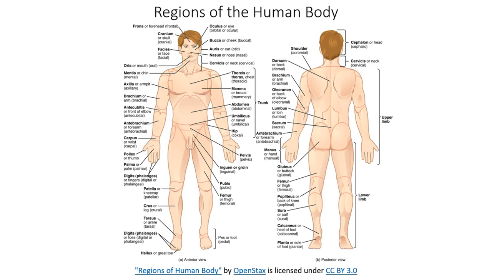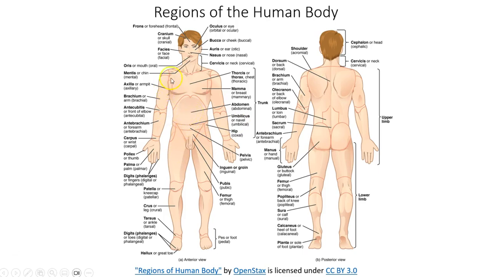All right, so again, we're not doing all of the regions in lab, but you should still have a decent idea of a lot of these. So like the buccal area or bucca, that's the cheek area, that's something that we will not be covering in lab, whereas cervical or the neck region, that is something that we will be covering in lab. All right, and so you can see that each region of the body has its own unique name. The thorax or thoracic cavity, which refers to the chest area. We have the abdominal cavity down here, pelvic cavity further down, the umbilical region or umbilicis, and then for the